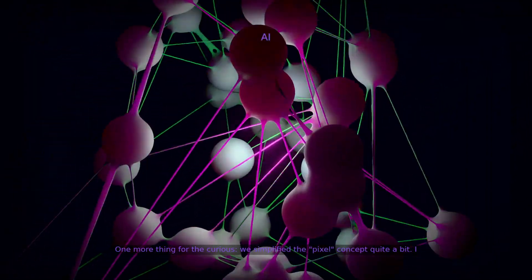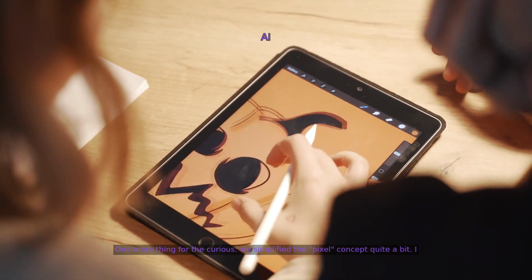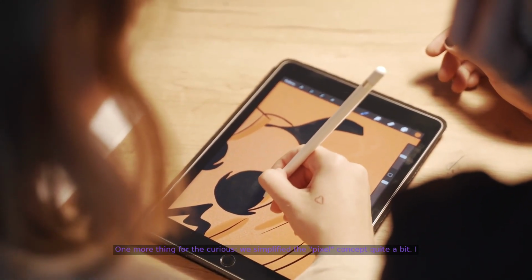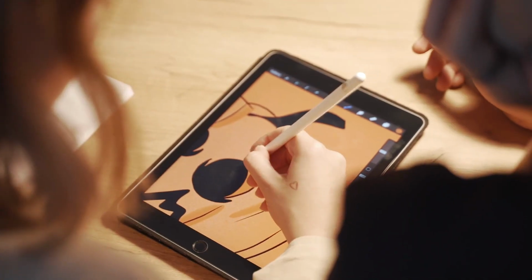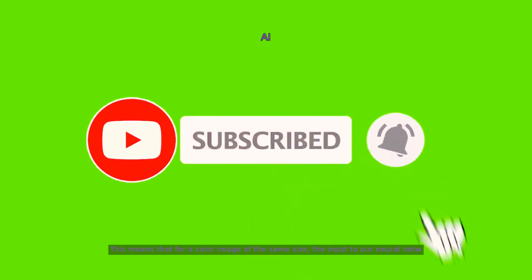This process continues through multiple layers, each layer building on the complexity of the previous one, until we reach the final output layer. The output